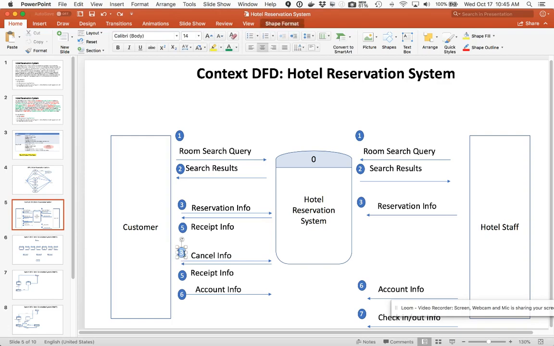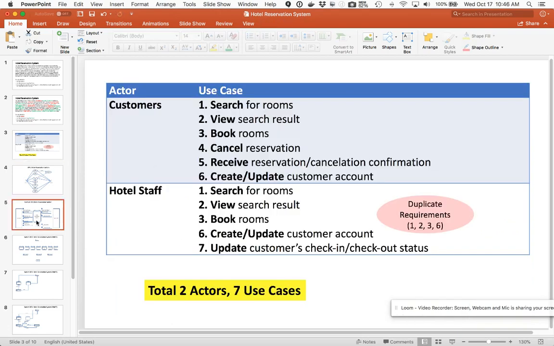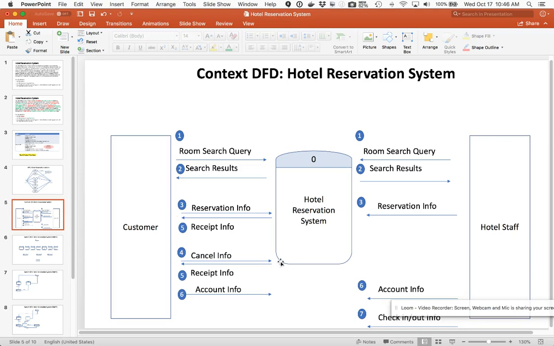Actually, this should be, I think, number 4. Let me just go back up. Cancel is number 4. All right, so number 4, cancel. And again, they want a receipt that your cancel is correct. And you want to be able to update your account. So that is the 6